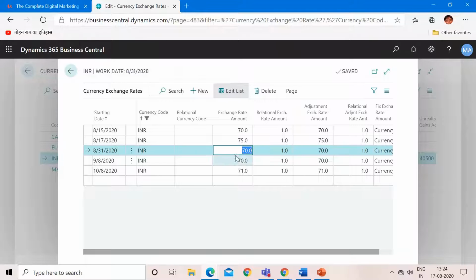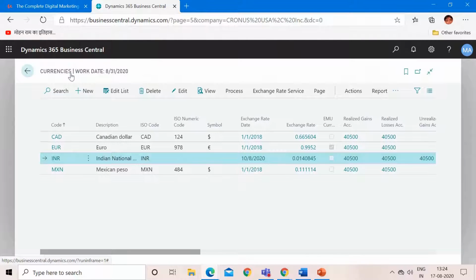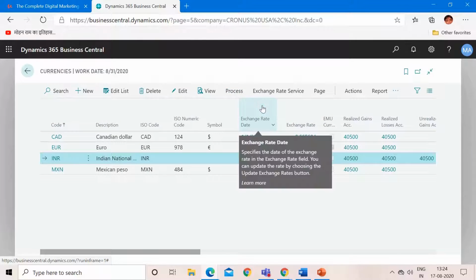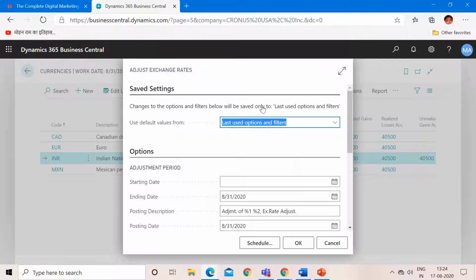I will show you with this rate how the system processes the gain and loss entries. So select that INR currency, and from here click on process and run this adjust exchange rate batch. What this batch does is check the open invoices of the customers, vendors and bank accounts, and process the amount of those open invoices with the current date exchange rate.